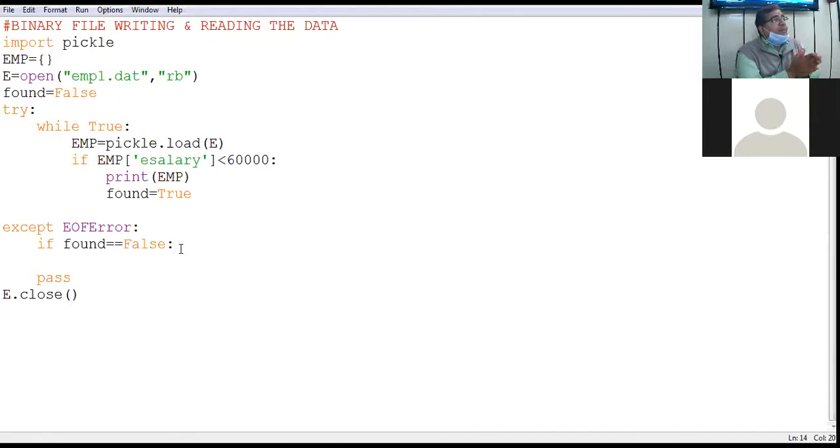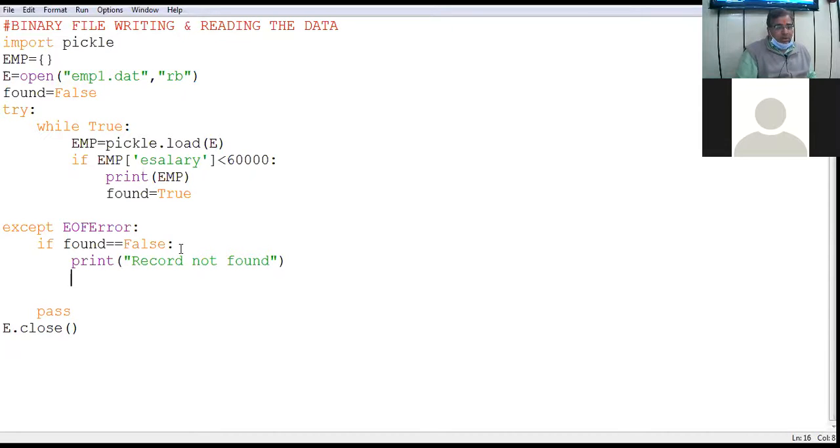But what will happen if record is not found? If such exception arises, what we will do? In that case, I enter the except block and I say, if your record is not found, you display the message: record not found.